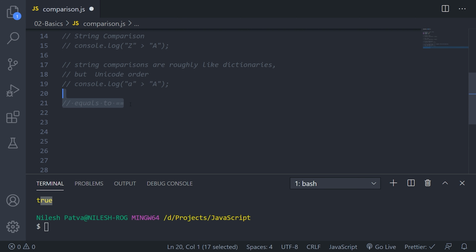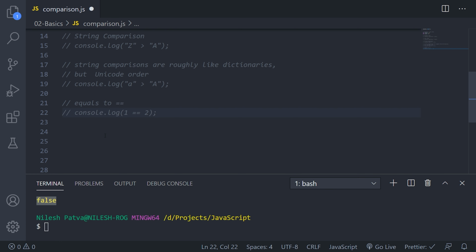So that is one part. Let us now see the equals to operator here, which is denoted by the double equals to sign. Let's quickly see its example. I am comparing 1 with 2, whether both values are equal or not. It will give me a boolean result. As we know, 1 is not equal to 2, that's why it is giving us false.